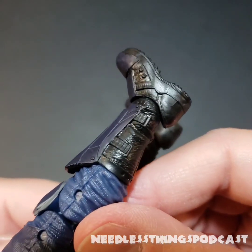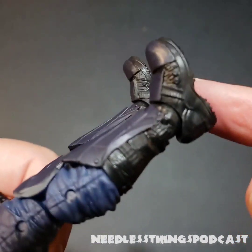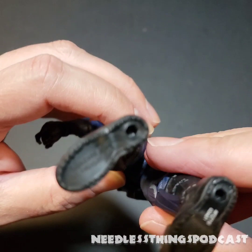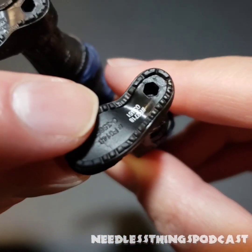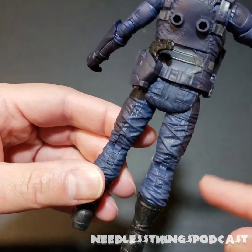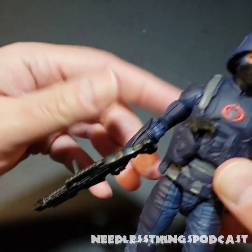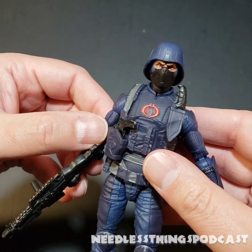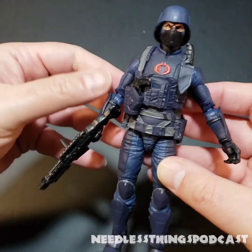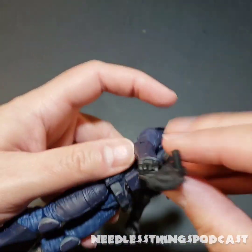The boots look fantastic. You've got the armored piece with the buckles sculpted on, and everything looks great. I like the treads here. I like that this stamping is on the bottom of the foot, and not up on the thigh somewhere. So lots of good decision making, lots of great attention to detail. I think he looks awesome. I'm very happy having a few of this guy to position in the back of my Cobra shelf. My only problem with this